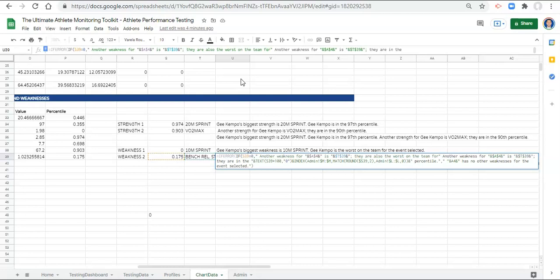Say for space, and then after the quote sign, do an ampersand, select T39 again. We can put in dollar signs just because our other one is, and then do an ampersand, quote, period, quote, comma. So essentially what we're doing here is we're saying if S39 equals 0, then we want this